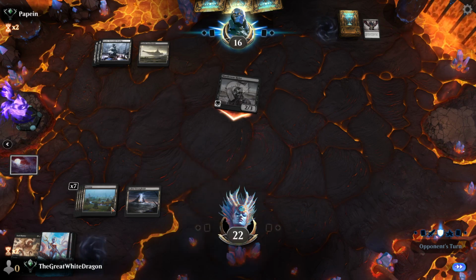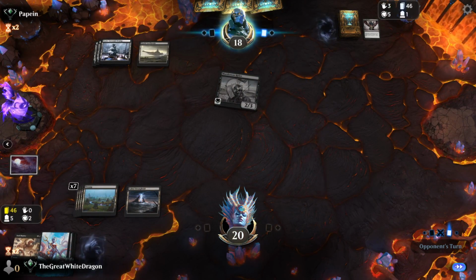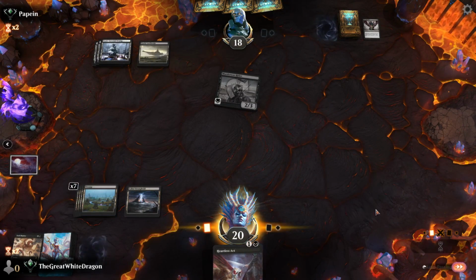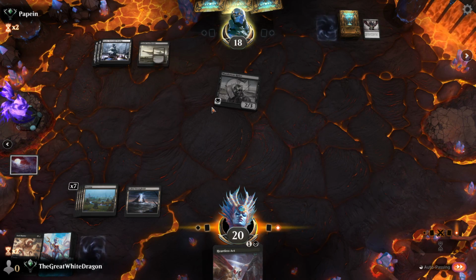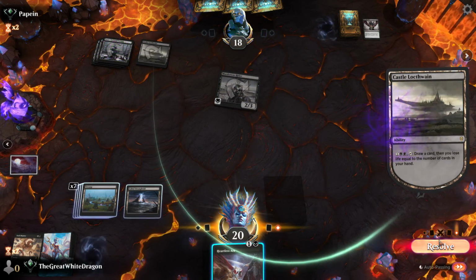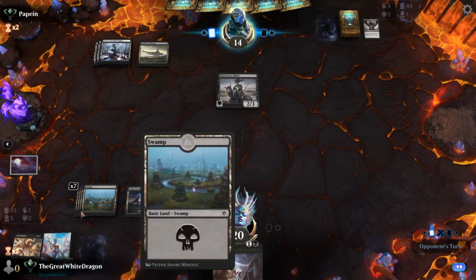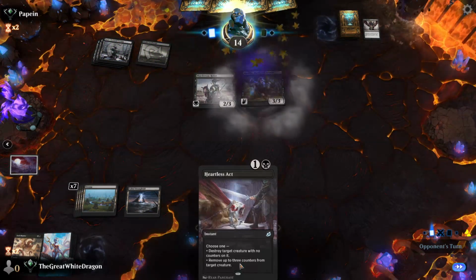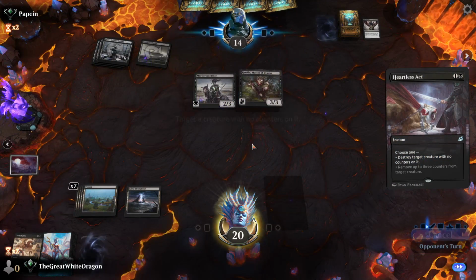14 draws, 8 of them were lands, and I scried away like 3 lands, I think it was right. Yeah, 3 lands. I scried away 3 lands. That's wild. That is absolutely wild. Yeah, I should really put in like 2 Castle Lochwains for situations like that. Admittedly, then again, I don't really think situations like that make too much of a difference, but at least it's